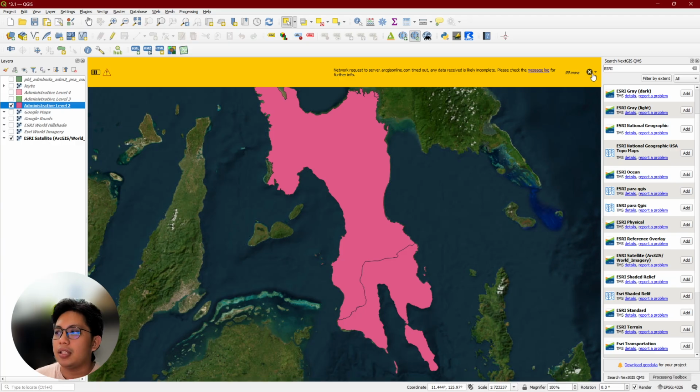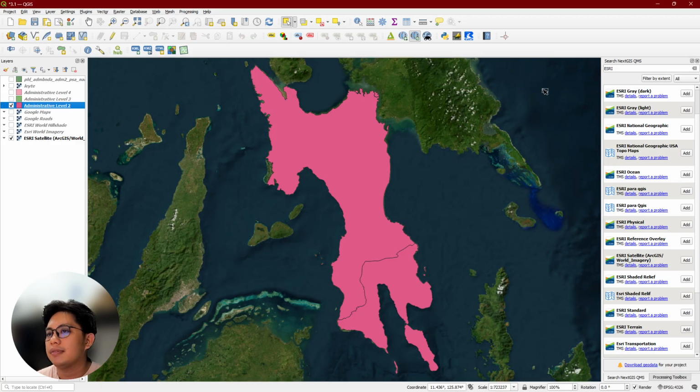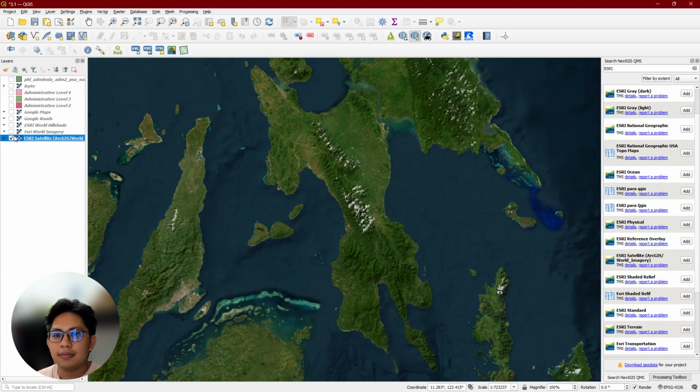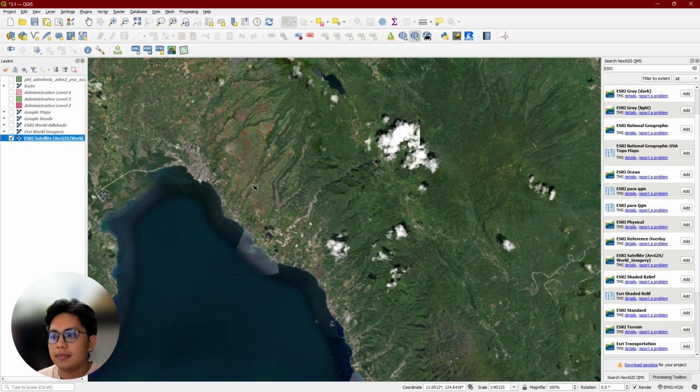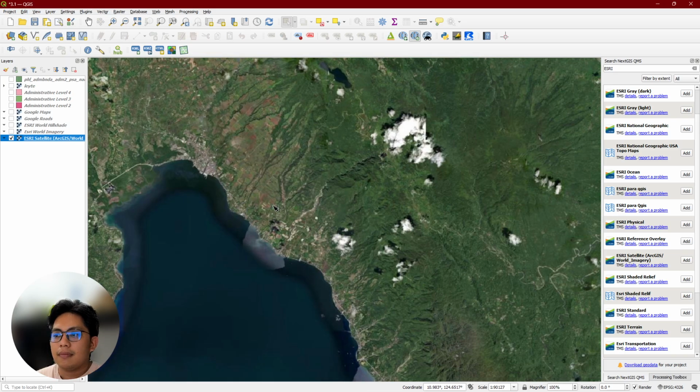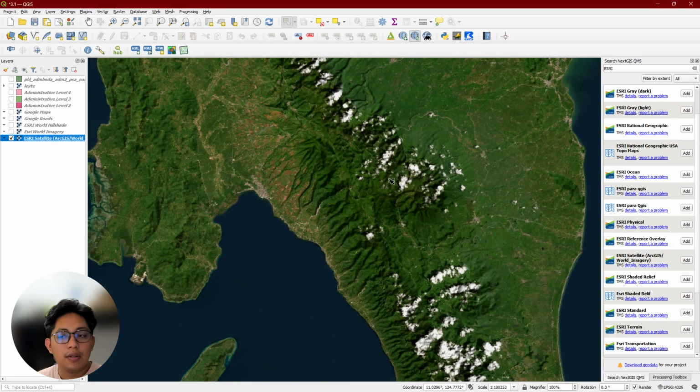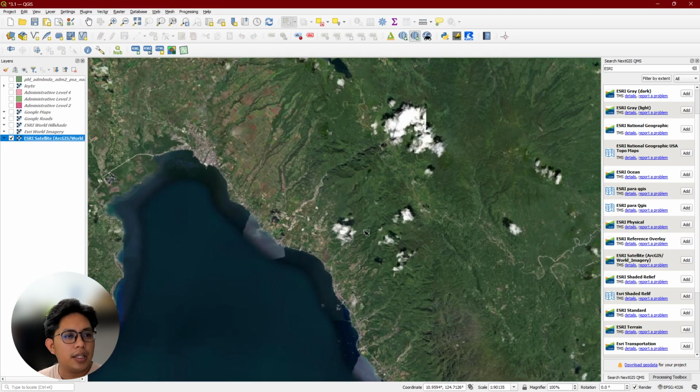Like this one, there's a problem. So this is common when you're zooming in with ESRI. When you zoom out, it's very green. Then when you zoom in, it changes, because it has to do with how they process their images.